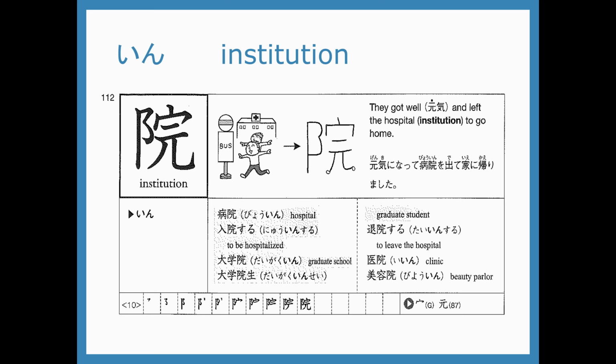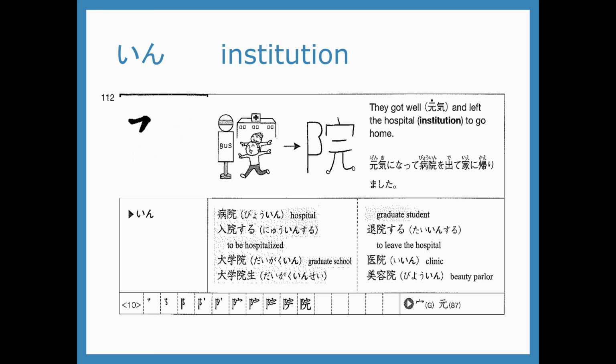Let's take a look at how we write our kanji. Firstly, on the left, this part is 3 strokes. 1, 2, 3. And then 1, 2, 3, 4, 5, 6, 7, 8, 9, 10. 病院の院。入院するの院。大学院の院。大学院生の院。